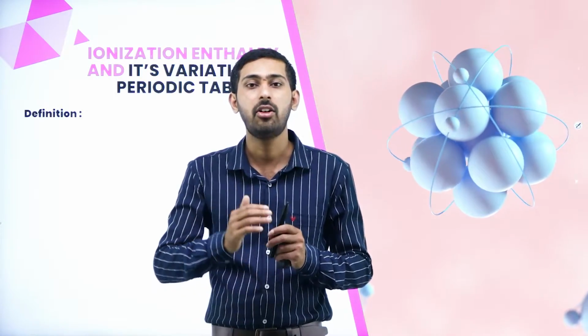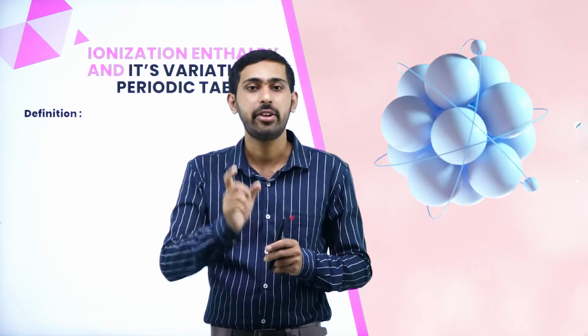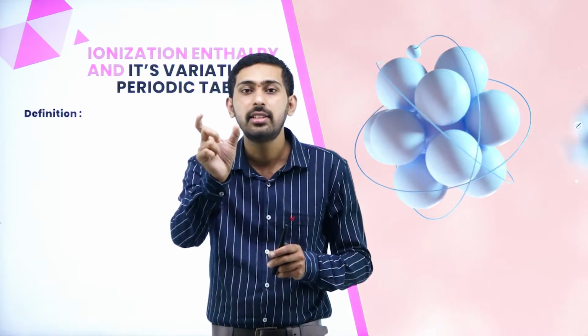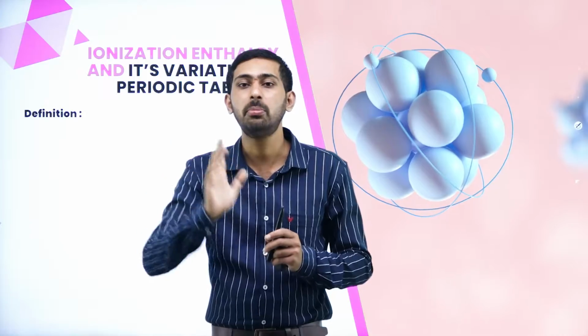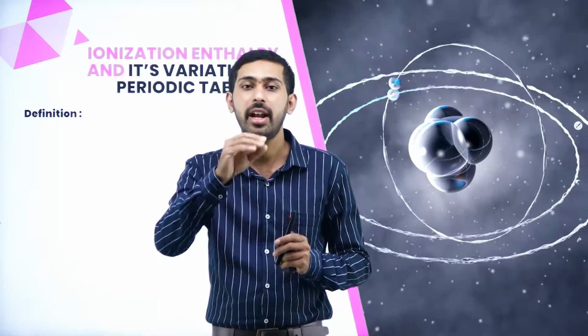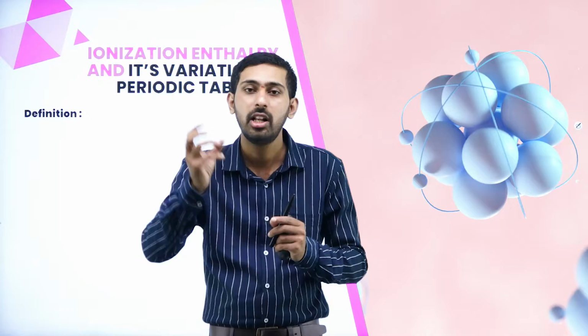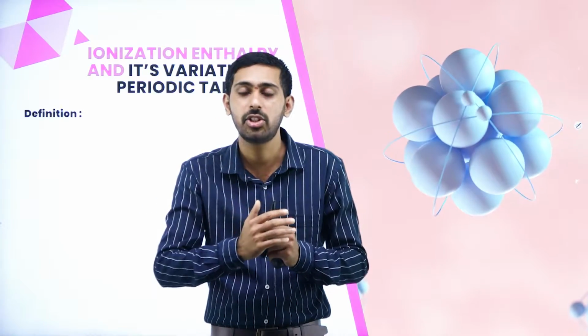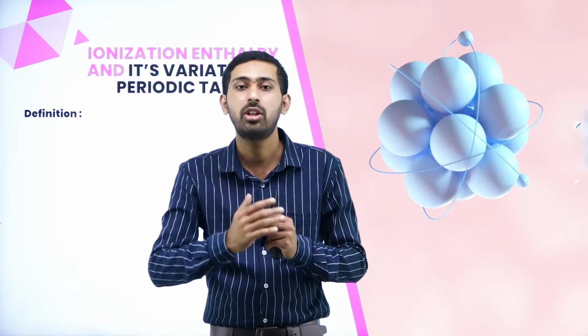Now let us study the trend along the periodic table. Ionization energy decreases along the group and increases along the period. Why does ionization energy increase along the period? Because electrons are added to the same shell. When atomic number increases, ionic radius decreases and the electrons are nearer to the nucleus. The force of attraction between the nucleus and the outermost shell is then more, so we need a larger amount of ionization energy to remove an electron from the outermost shell.